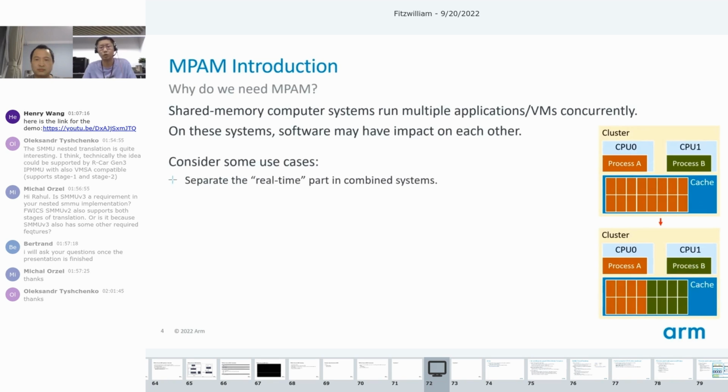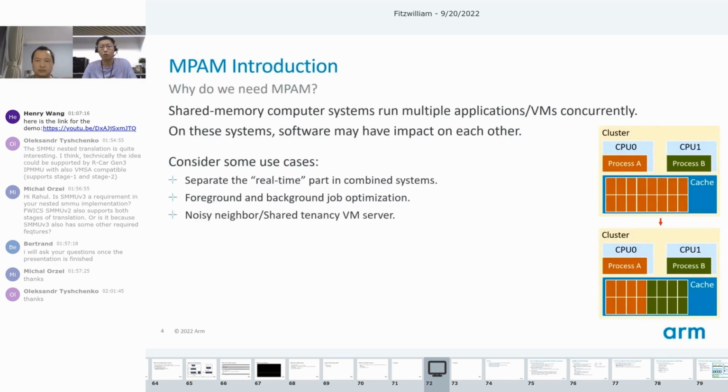Also, there are some other scenarios, some of which have already been mentioned by Wei in the beginning. For example, when combining two or more computer systems into one single system, it is necessary to isolate the performance of the real-time part from others in the integrated system. Or when foreground and background jobs are running on the same system, the foreground job's response time should not be compromised, and the background job's throughput should be optimized.